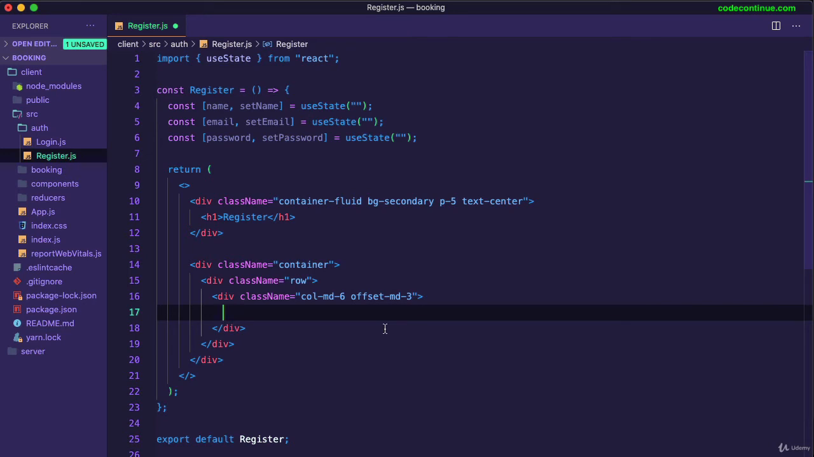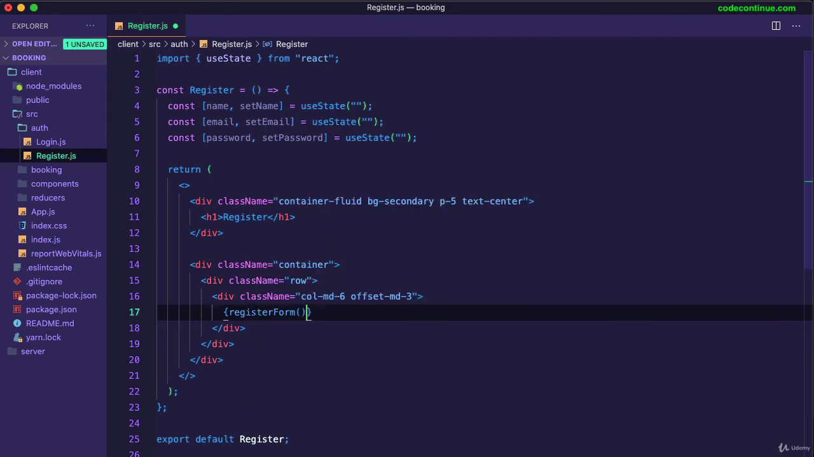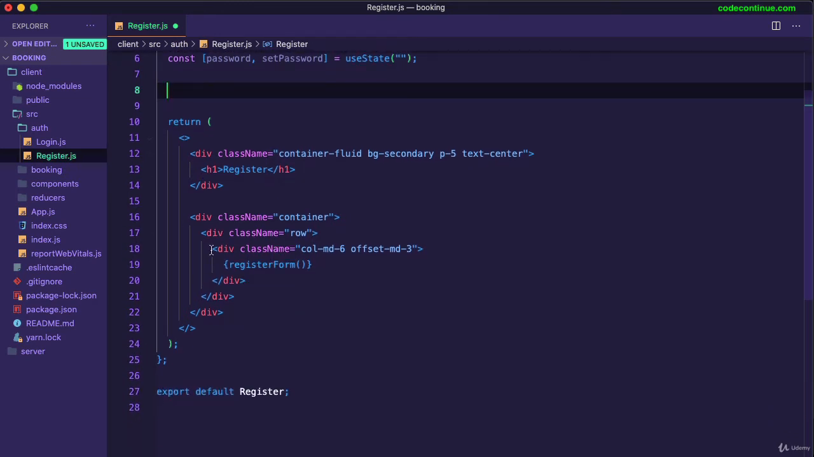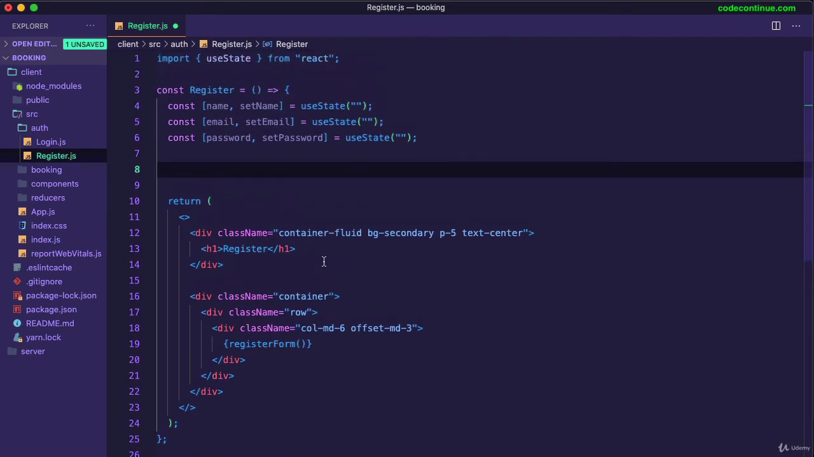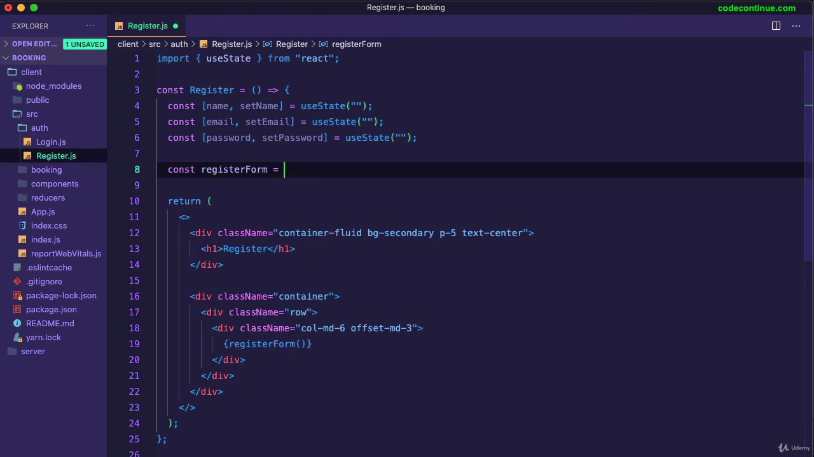Now here we want to show a register form. Okay, so I can write the entire HTML form here, or to make things a little bit easier, let's put that in a separate function. That way we can simply execute that function, registerForm. So instead of writing everything here, I can write in this function, create the form, and then simply execute this function. So your code is a bit neat and easy to read and manage. So const registerForm equals to,